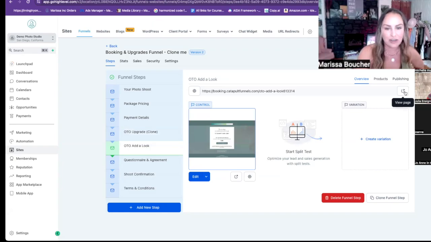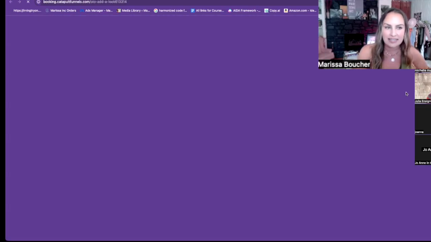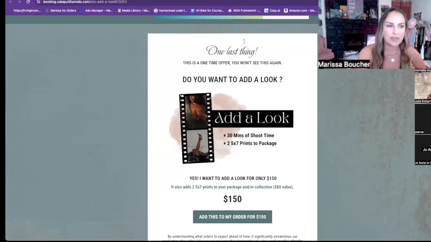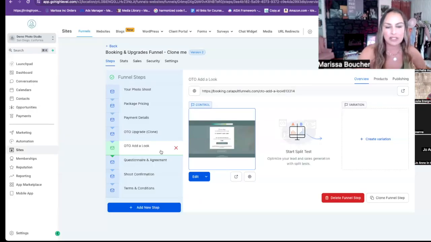Whether they say yes or no, no matter what, they're seeing this, add a look. And they can add one more look to their shoot if they want. Well, you might be wondering, like, I don't want to do that. That's fine. Then you just delete the step or move it underneath. After they book, or after they see this, they land on the questionnaire and agreement page where they are filling out all the details and saying yes to all your legal jargon,